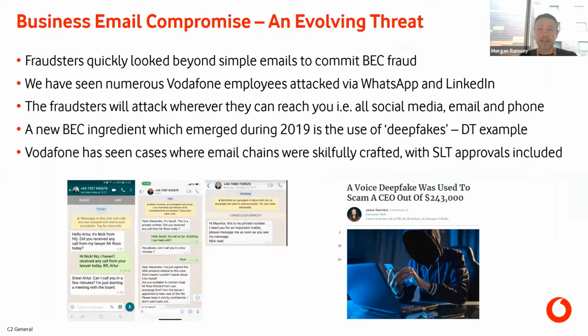So, as I said, BEC, initially, we mainly saw it in emails, and not particularly well written or constructed emails. But we've seen over the last couple of years that it has moved on very quickly. We had a lot of BEC fraud coming in through WhatsApp. So they were creating WhatsApp accounts using images of our ExCo members, and then sending WhatsApp messages to people in our finance teams, in legal teams, again, trying to drive them towards an action in terms of making a